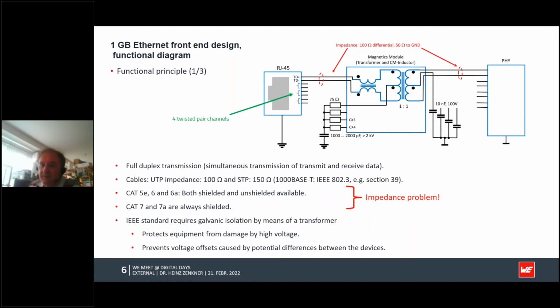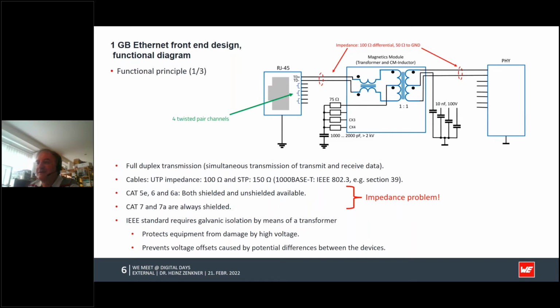If we look back at what I have just mentioned a couple of minutes or even seconds before, we have different kinds of cables, which I have recommended to you. The unshielded twisted pair cables have an impedance of 100 ohms, and the shielded twisted pair cables have 150 ohms. They are defined in the IEEE standard. And you see,